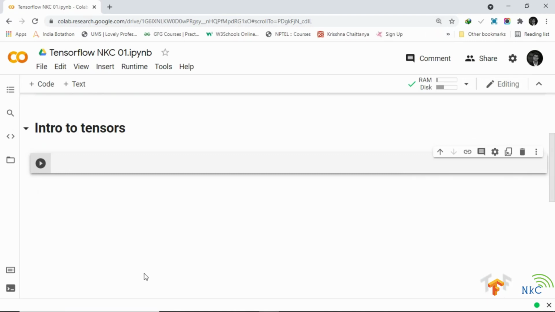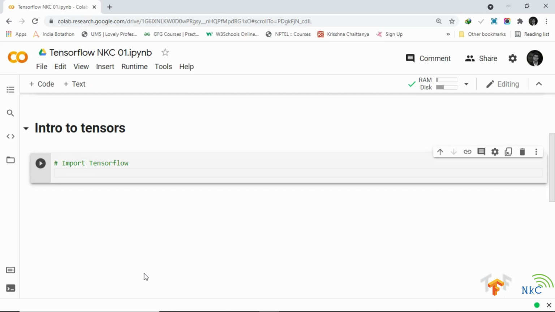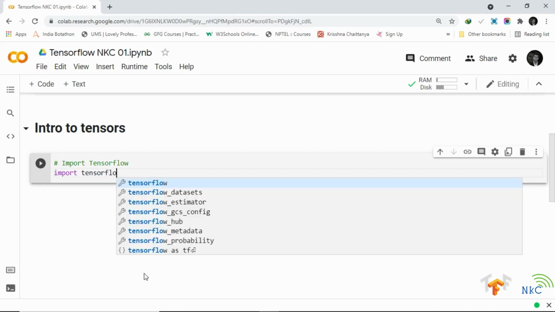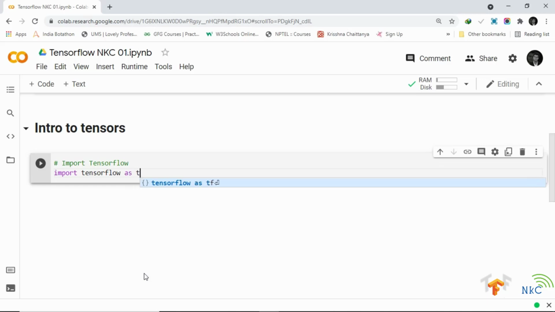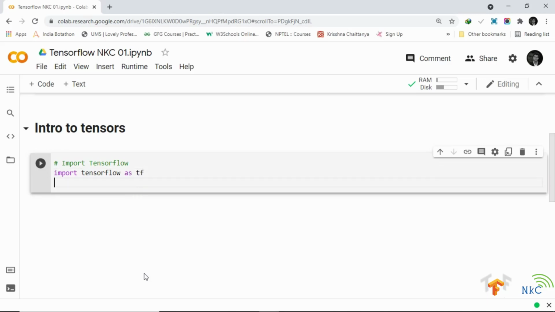I'm going to put another little heading here: Introduction to Tensors. So the first thing to do to use TensorFlow is that we have to import TensorFlow. Now I want you to try and follow along as much as you can with these videos, right? When I am writing code, I want you to be writing code by my side. It's like a partner code.